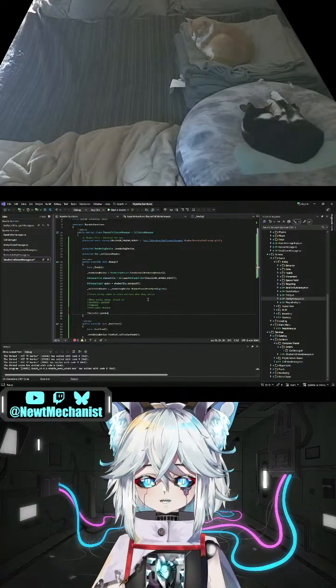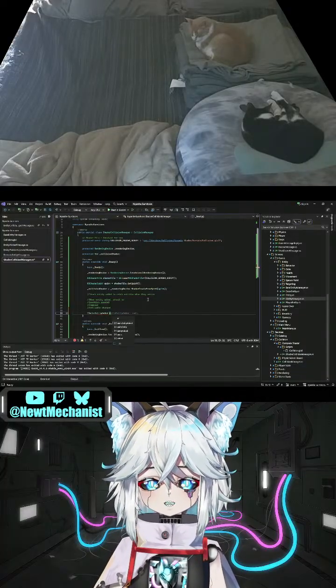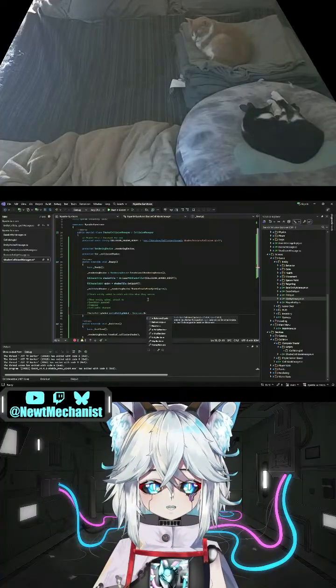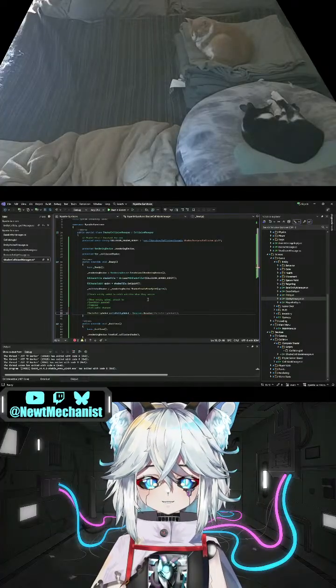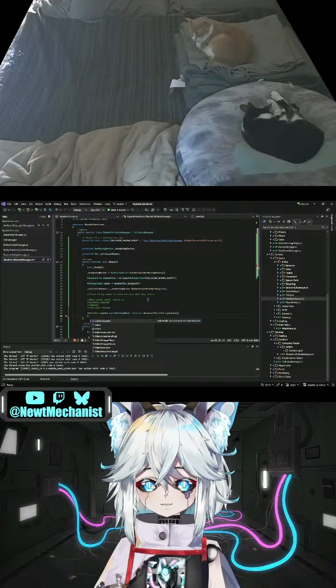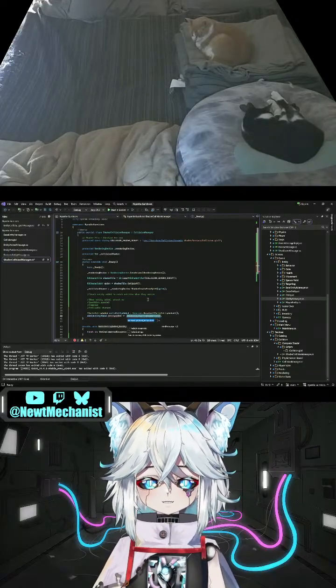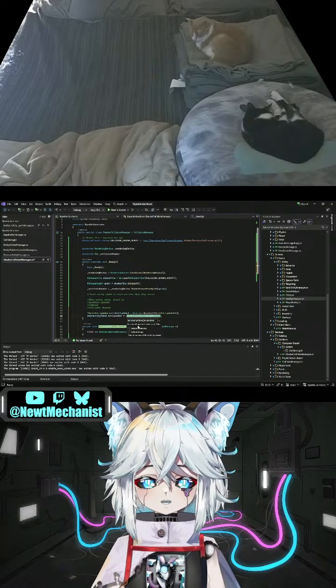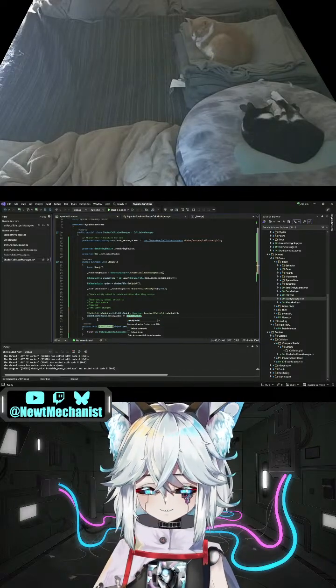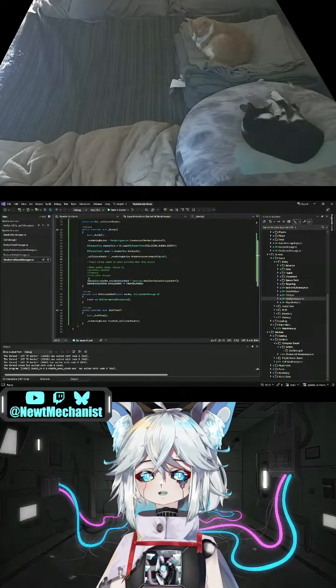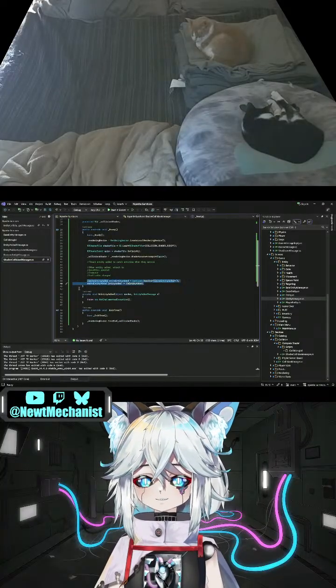I emits entity added is equal to services dot resolve. It's entity added dot entity added plus equals this, and we're going to call it on entity added. And then in our exit tree,